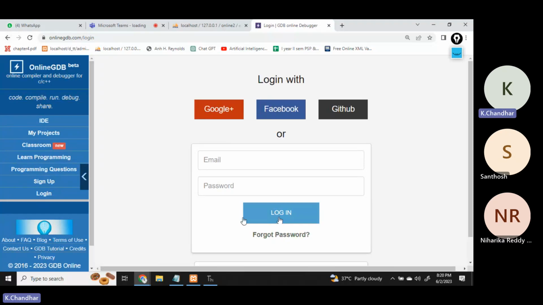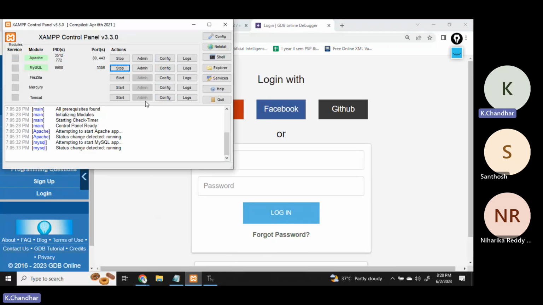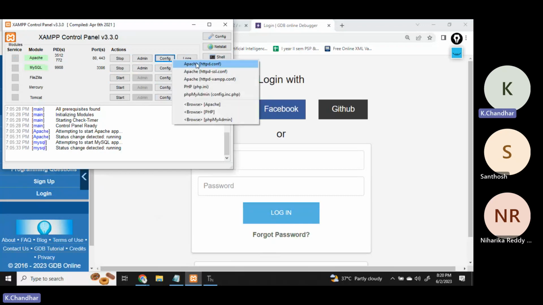This type of application we will build in the coming class by using the CGI module. Which module? CGI, Common Gateway Interface. Are you clear? Yes. Here you have to change the configuration. Can you see config? What is config? When you click on this one, it will show you